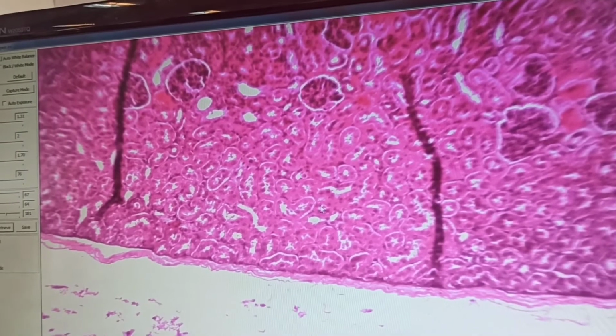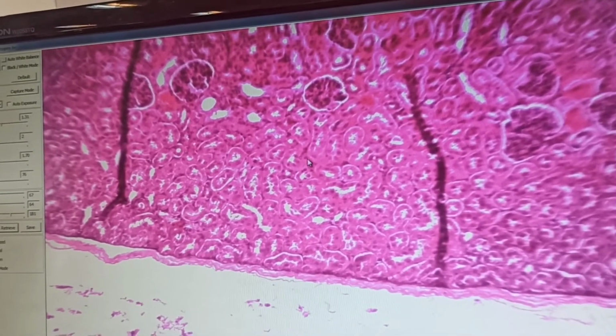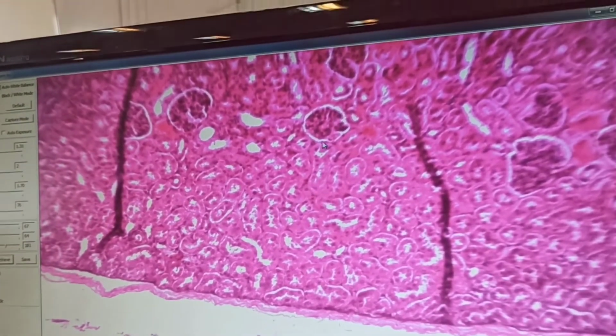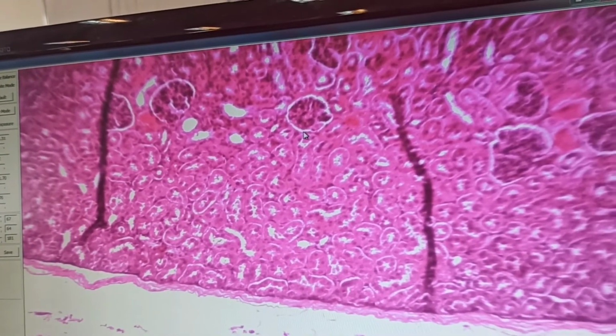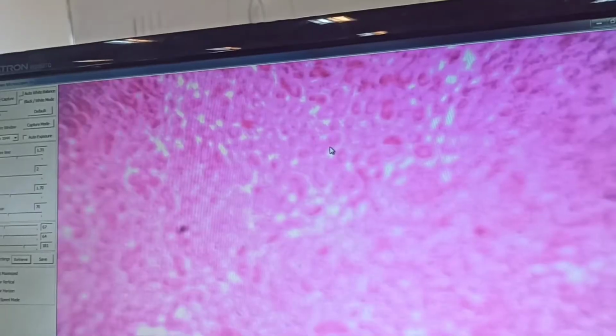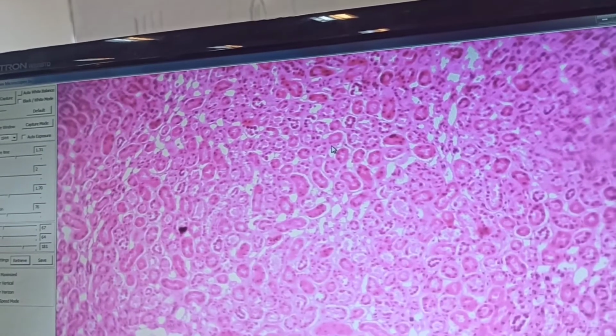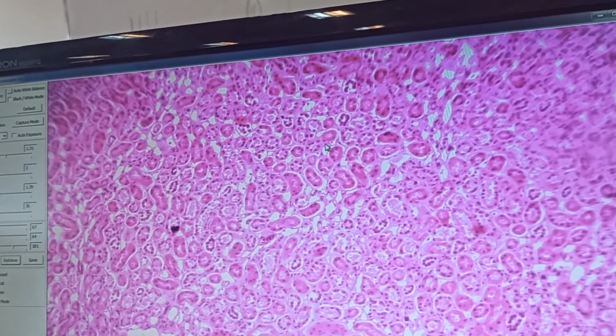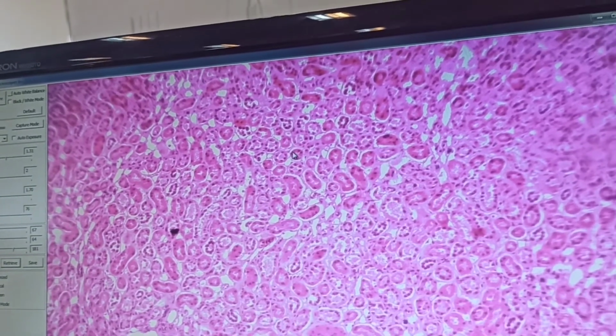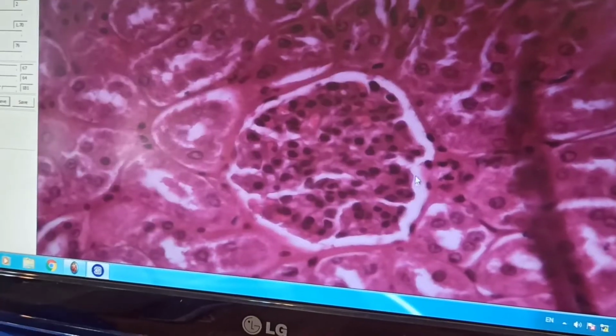The convoluted tubule, renal corpuscle, without renal corpuscle. Here is the medulla. Capsular space,